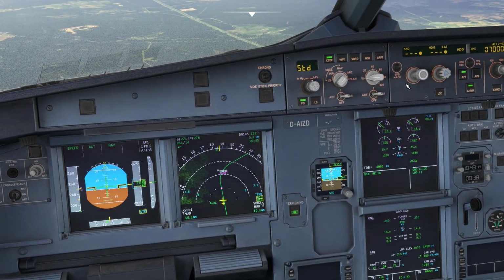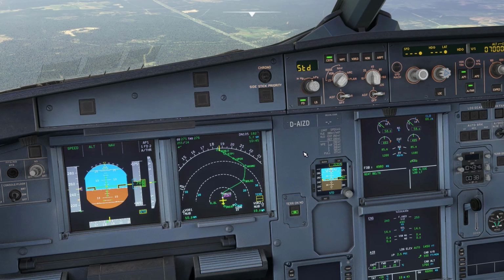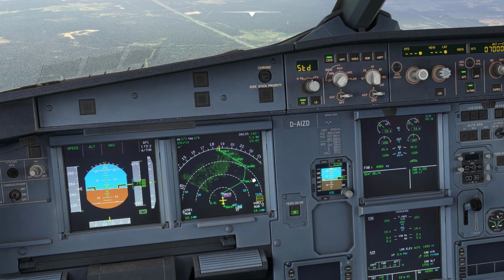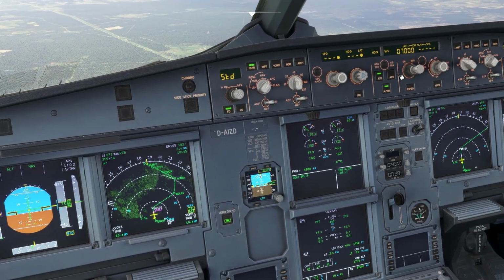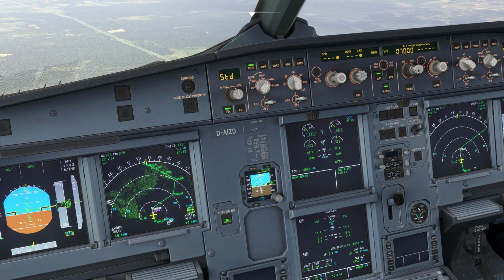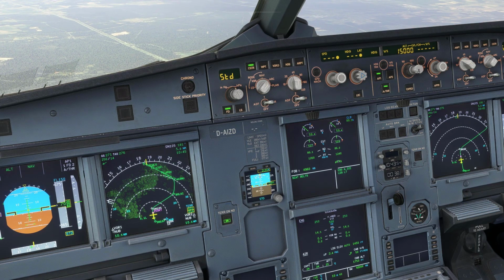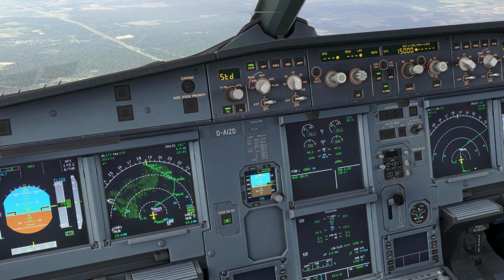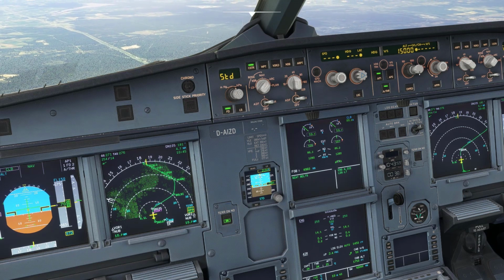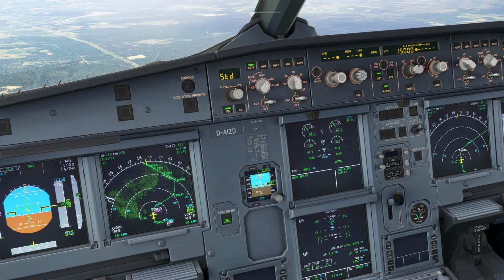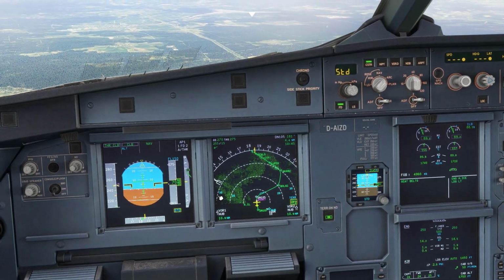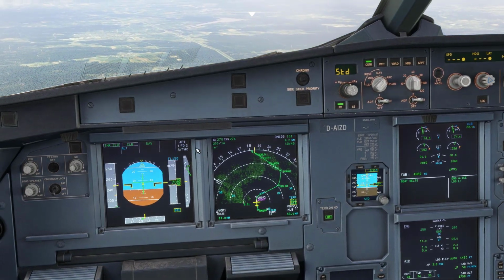That's good. Now let's go to a range of 40, and we have to follow this flight plan. And how do we do that? We have to climb further to flight level 150, enter that here, and press the knob. This is pulling, this is pressing. If you press the knob, it will follow the flight plan and